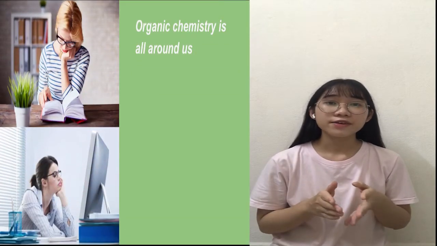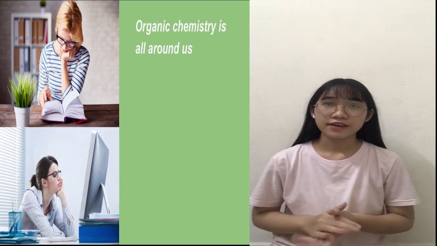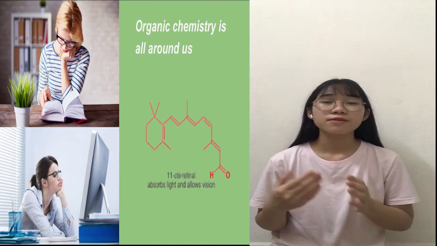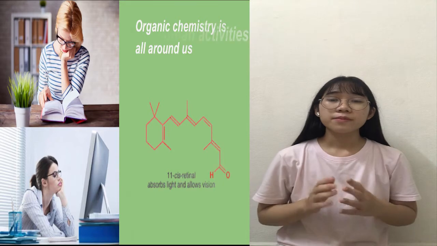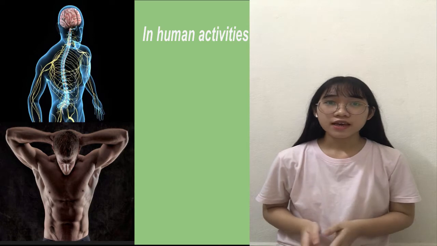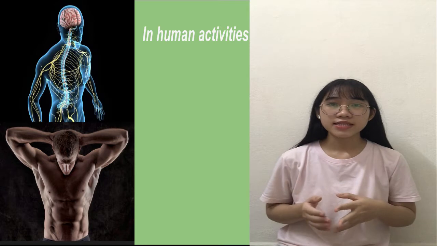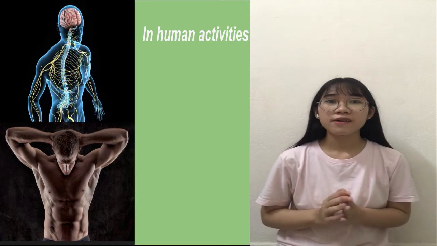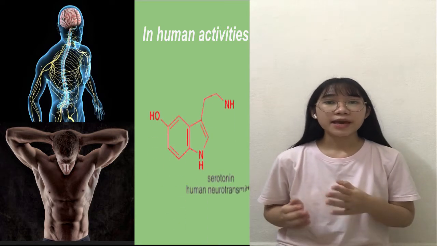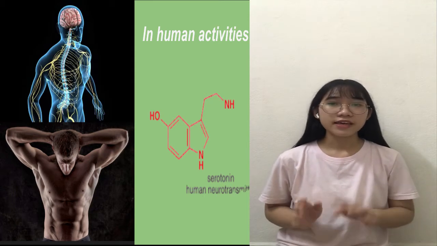You are a highly skilled organic chemist. As you watch this video, your eyes are using an organic compound called retinal to convert visible light into nerve impulses. As you pick up a book, your muscles are doing chemical reactions on sugars to give you the energy you need. As you think, gaps between your brain cells are being bridged by simple organic molecules called neurotransmitter amines, so that nerve impulses can be passed around your brain, and you do all that without consciously thinking about it.